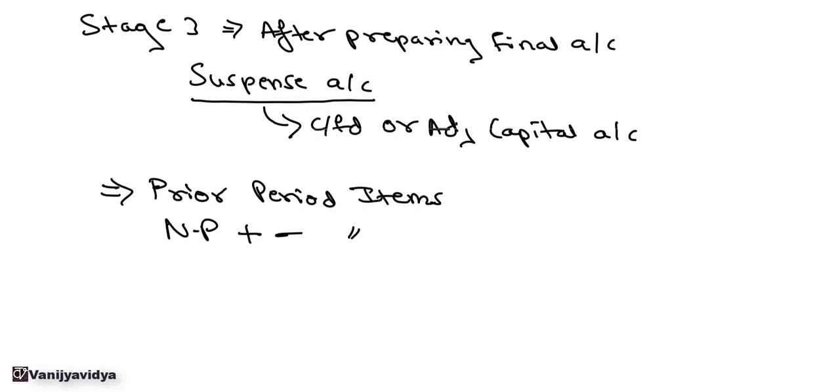So again, wrong posting of the ledger account, or posting of the entry on the wrong side of the ledger account, that won't happen usually in the case wherein we prepare the accounts in accounting software in computers. So these types of errors will mostly happen wherein we need to maintain the books manually, and manually everything needs to be calculated, and then the journal entry needs to be passed manually.